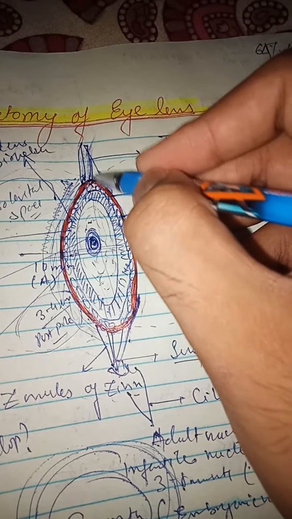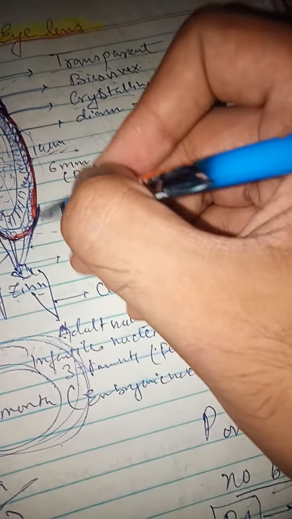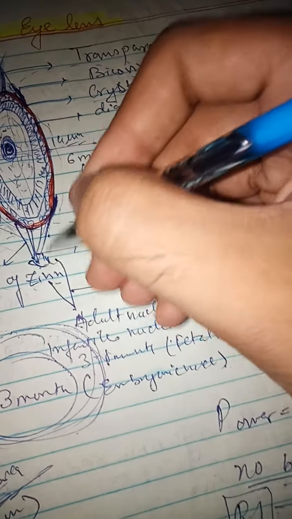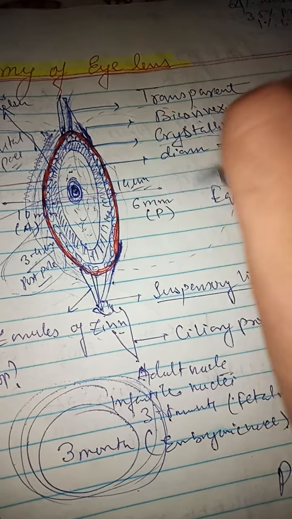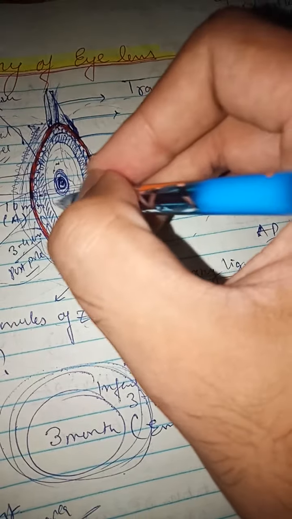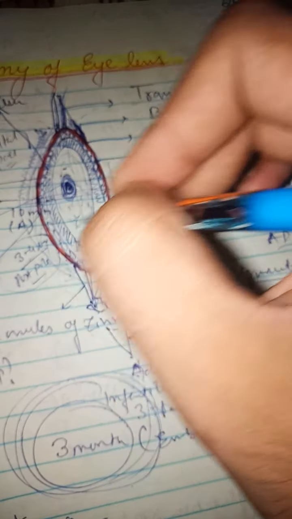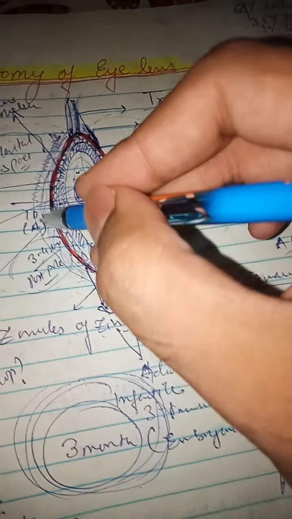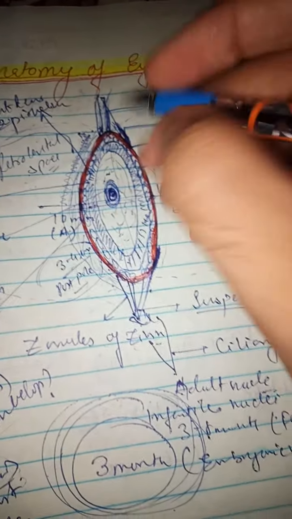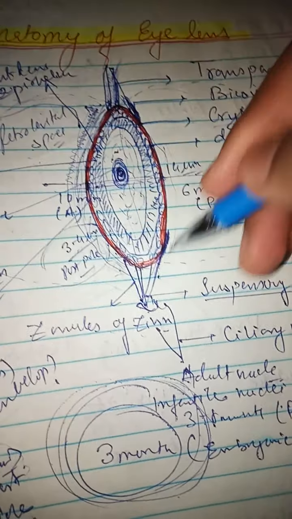With the ciliary process, these are suspended, and the zonules are more in the anterior curvature on both sides. Now the radius of curvature: the posterior radius of curvature is 6 millimeter, and the anterior radius of curvature is 10 millimeter. It is present in a fossa, a space known as the patellar fossa,